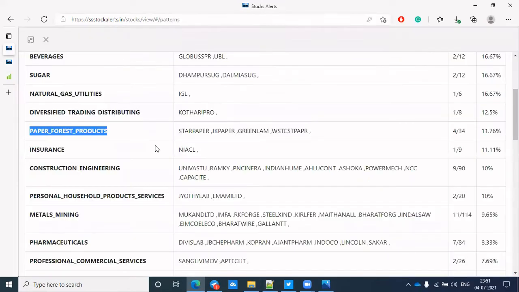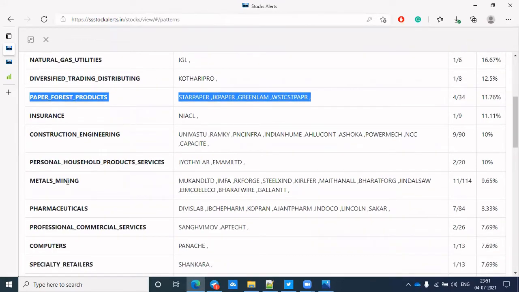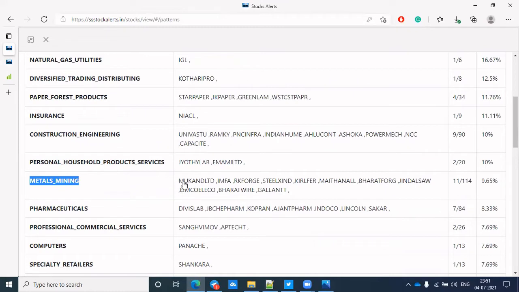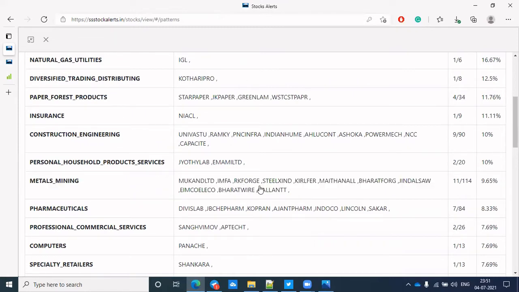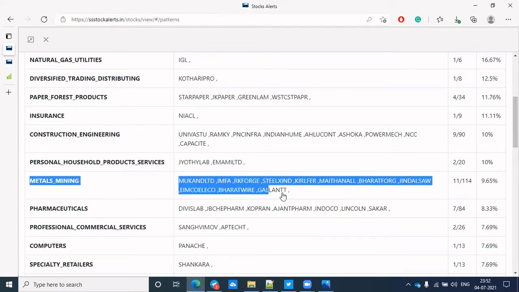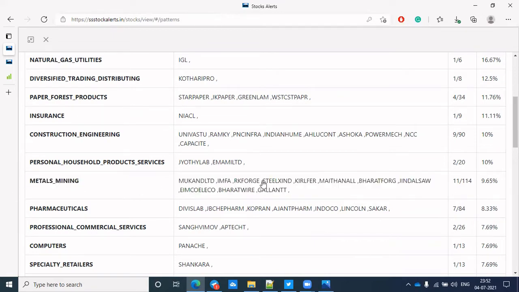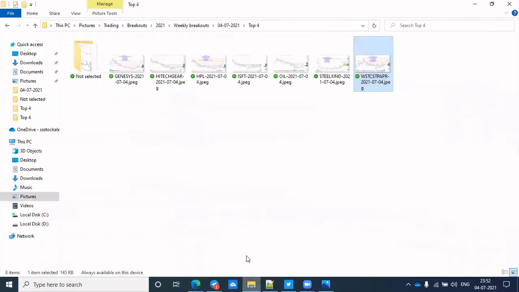And if you go to the next sector, we have covered this sector. The next, the metal sector, has been performing well for the last few months. So if any metal sector stocks appear with a breakout, just look here. I have selected steel. You can see I have selected it here. So Steel X India, we'll just open it.